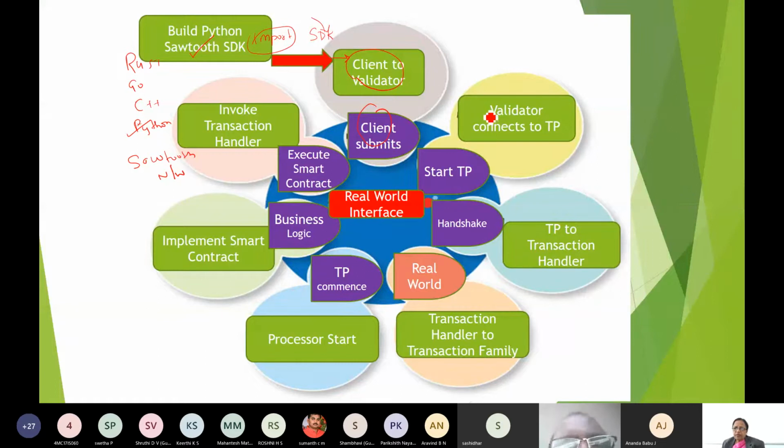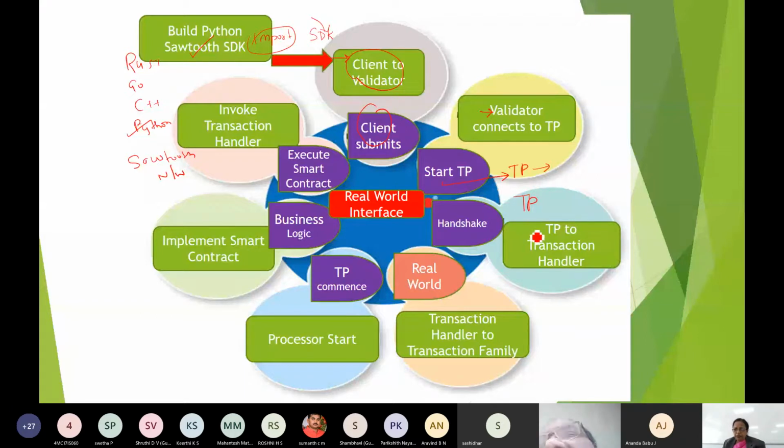Client submits, then the validator connects to the TP, right? And it tells, okay, now you have to start your work. TP, I'm sending you these things, you have to start your work. Okay, now this part I had covered. Now, what is the TP having?